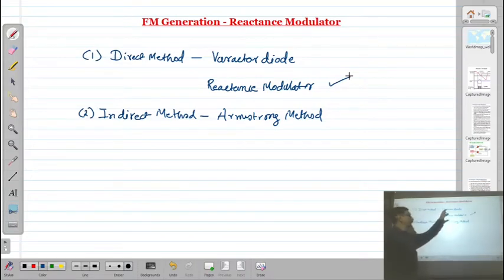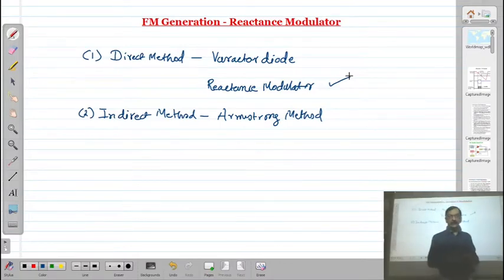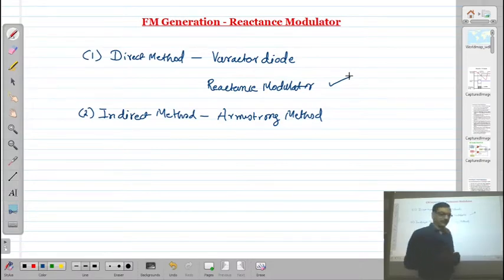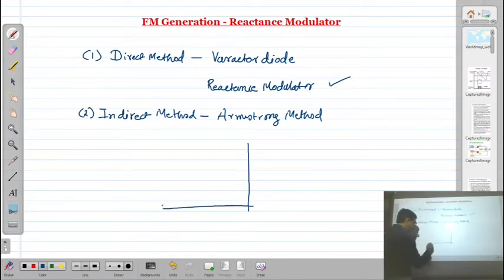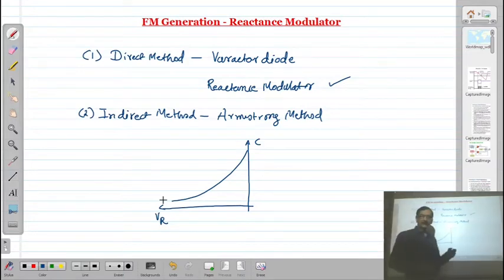So, if we talk about the varactor diode, what is a varactor diode? It is a variable capacitor. And how does the capacitance of the varactor diode change? As we change the reverse bias. If we apply a reverse bias voltage and measure the capacitance, the capacitance decreases in this way. As the reverse bias voltage increases, the capacitance decreases. So by applying the reverse bias voltage, we can change the value of the capacitance. As a result, the frequency is going to change.